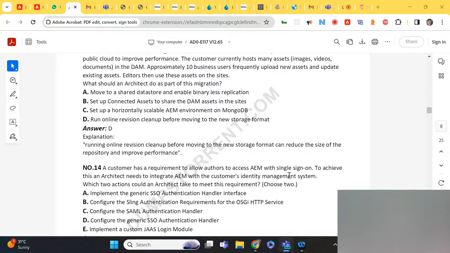A, implement the generic SSO authentication handler interface. B, configure Sling authentication requirements for OSGI HTTP service. C, configure SAML authentication handler. D, configure the generic SSO authentication handler. E, implement a custom JAAS login module.